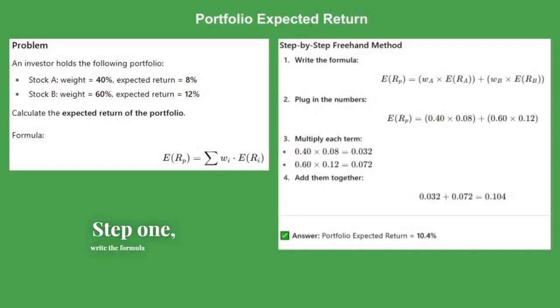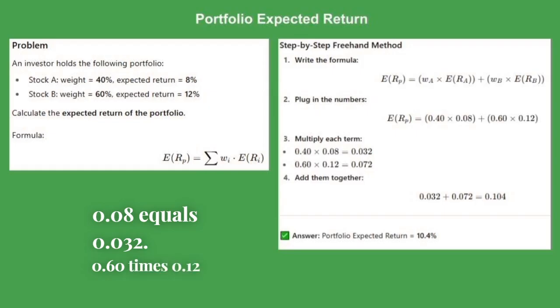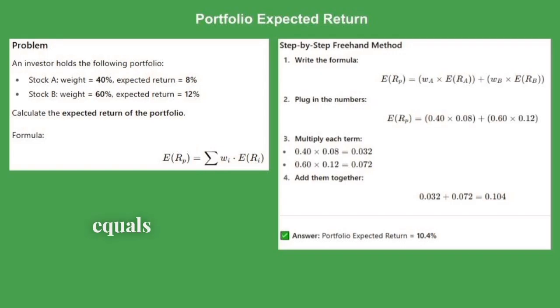Step 1, write the formula with the numbers. Portfolio return equals 0.40 times 0.08 plus 0.60 times 0.12. Step 2, multiply each term. 0.40 times 0.08 equals 0.032. 0.60 times 0.12 equals